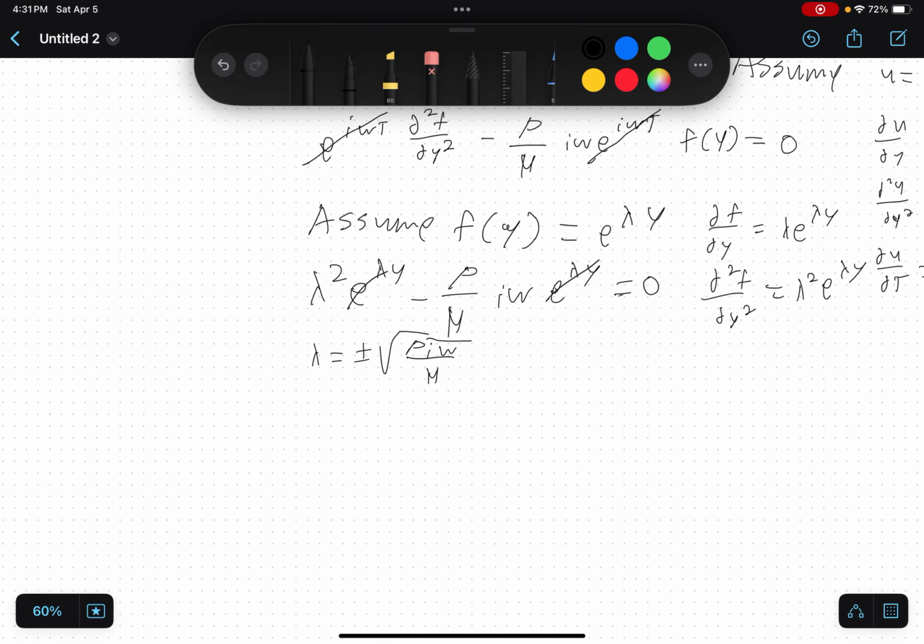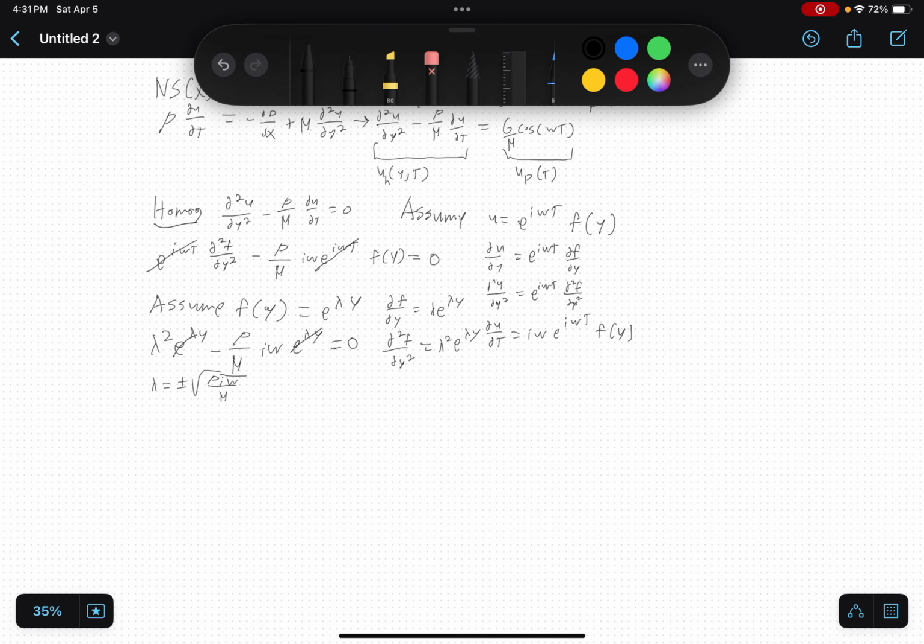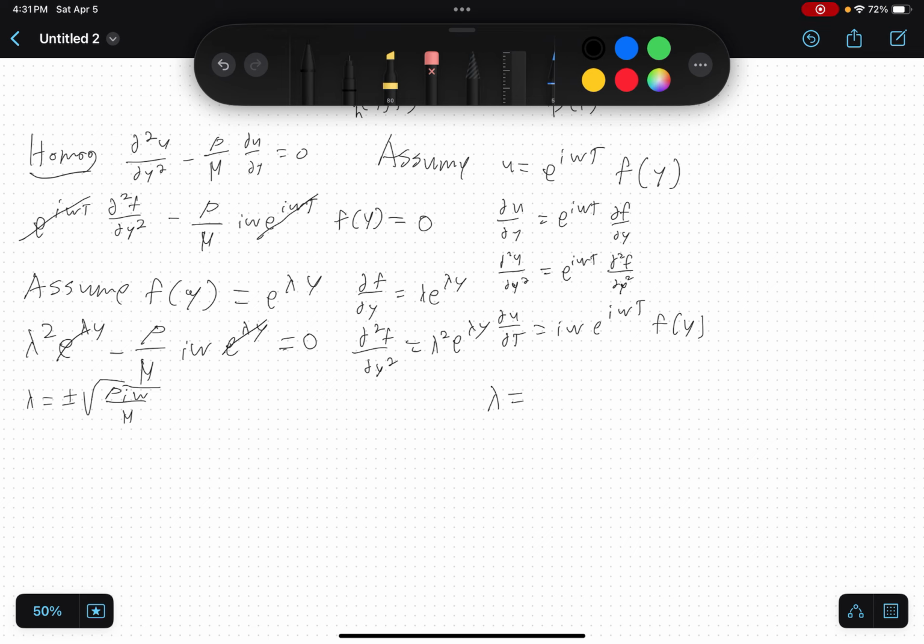So, all right, anyways, you learn in advanced, what is it called? I forgot what the class is called, but it's basically advanced math, although all math is advanced. You learn that if lambda equals plus minus i root something, let's call it A, then your solution is in the form A cosine